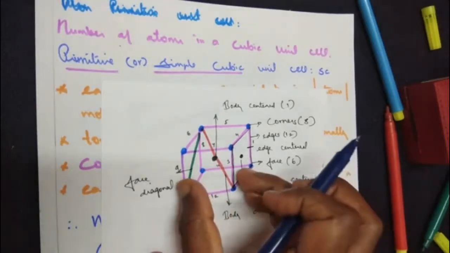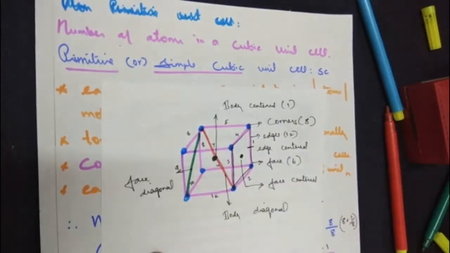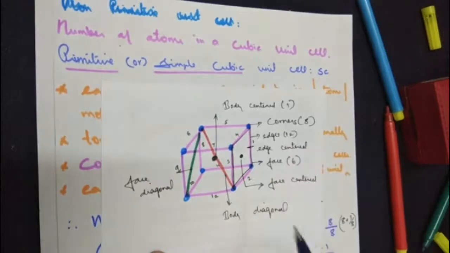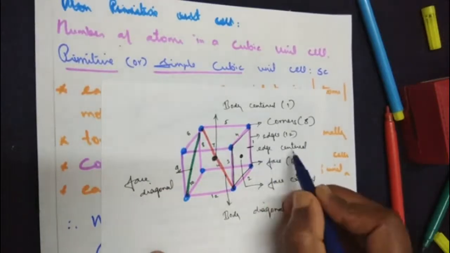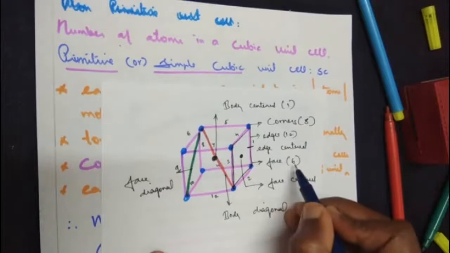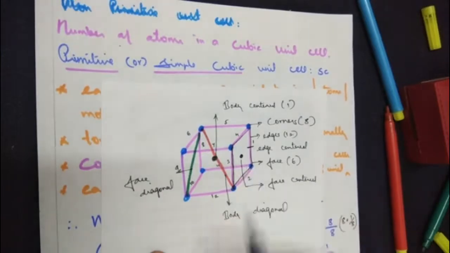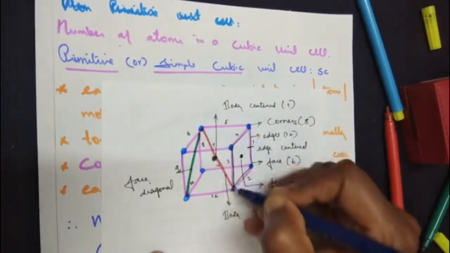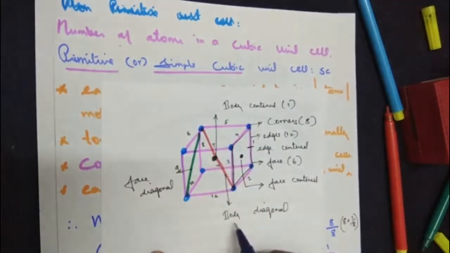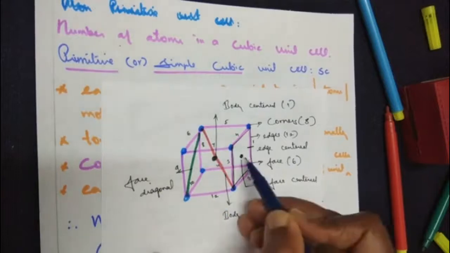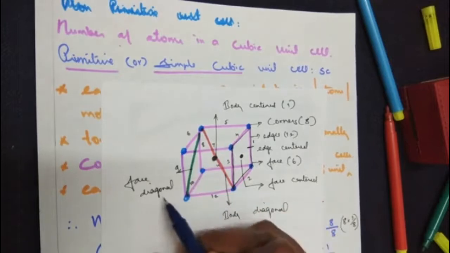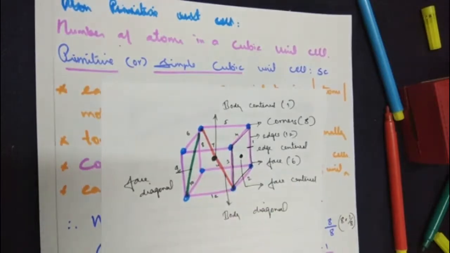So for a unit cell, when you take so many terms, you need to understand the meaning of body centered and how many atoms are being shared. Corners: 8 corners are there. Edges: 12, and what's the meaning of edge centered? Faces: 6 faces are there. What's the meaning of face centered? And a body diagonal, there is an atom in the middle, and from corner to corner they can be joined. They're called a body diagonal. Then face diagonal, again atoms are present there, so we can draw the diagonal lines called a face diagonal. These are the terms involved in it.